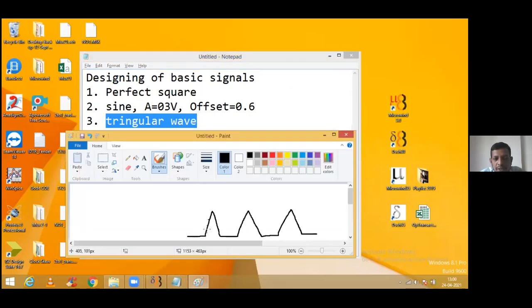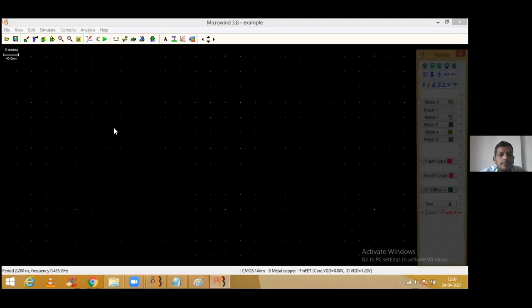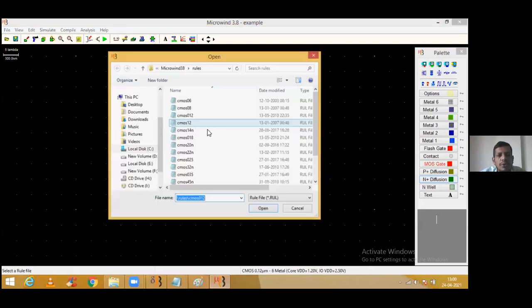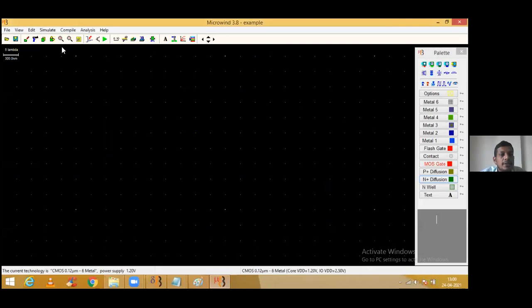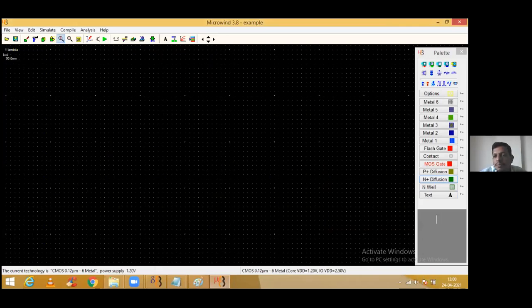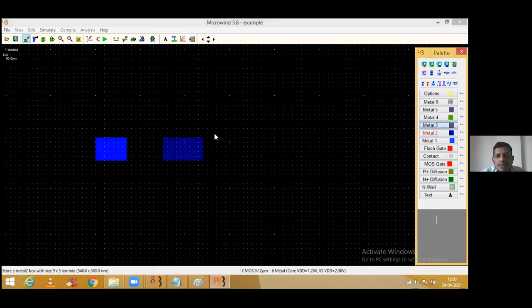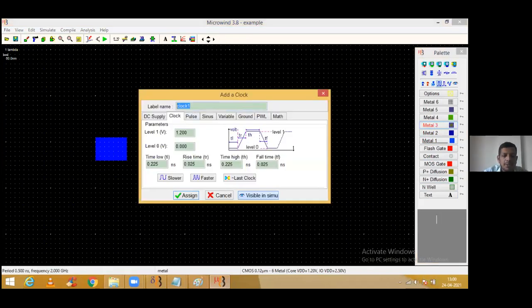This portion we need, again TR, TF we need. How can we design that? It's very simple, guys. Let's have a look. You can use Control F for selecting the foundry, or File and select the foundry option. Look at the aspects. Metal 1, metal 2 I'm putting, because I need a certain base for applying a signal over here. Metal 3, I'm applying a clock. Label it properly. It should be square. When it is a perfect square, just concentrate over here. We have TL, TR, TH, and TF.